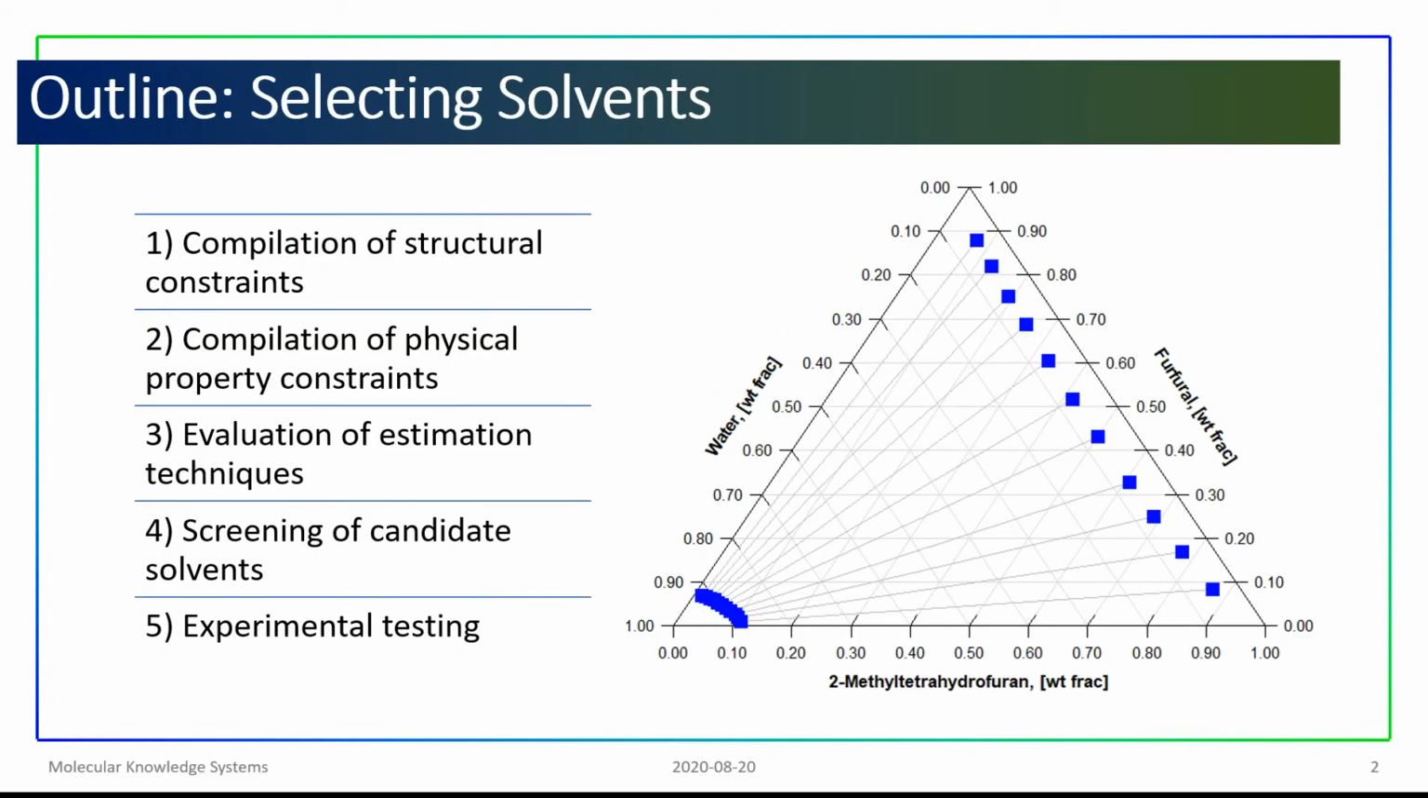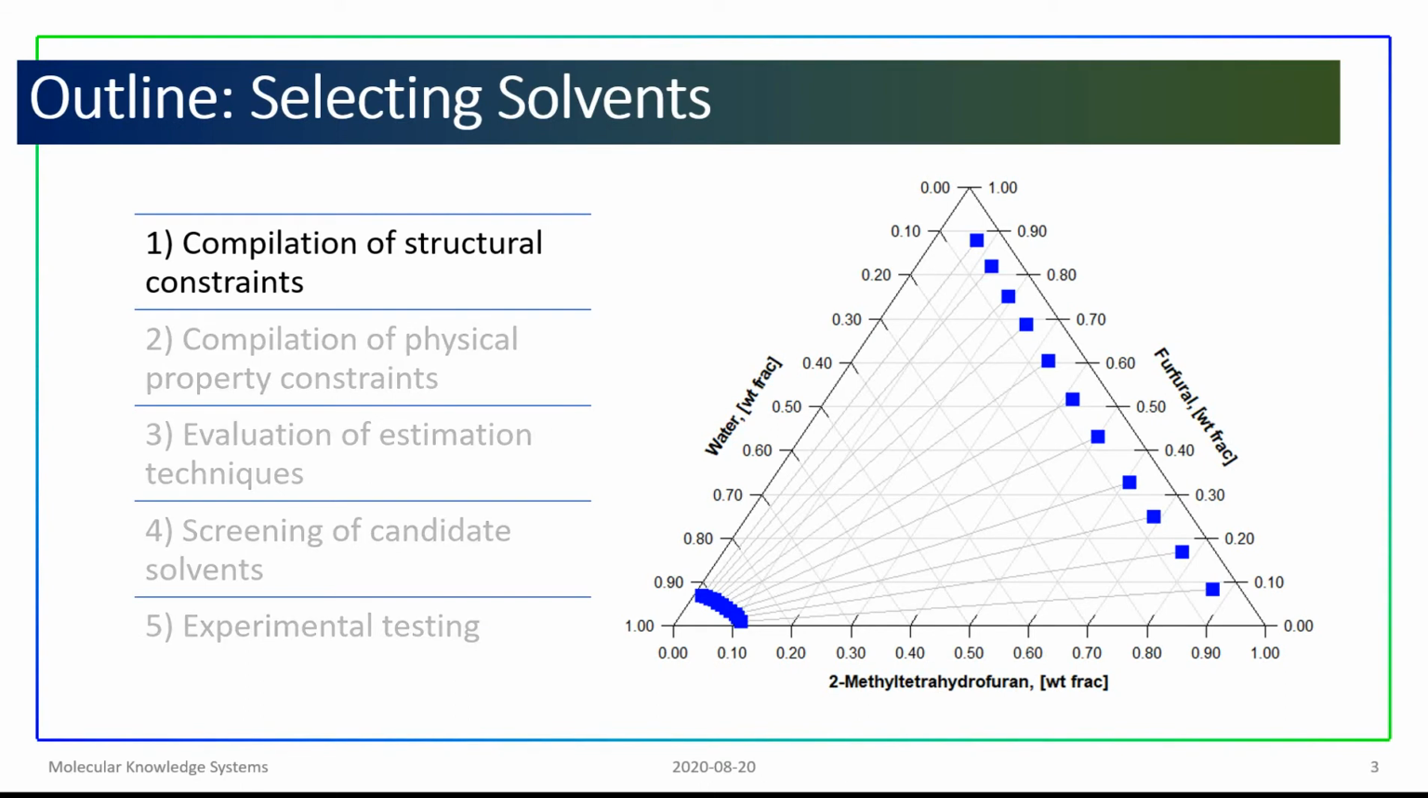Now, my presentation will cover most of the main aspects of selecting solvents: compilation of structural constraints, molecular structure constraints, compilation of physical property constraints. I will mention the evaluation of estimation techniques and the need to estimate physical properties. And we'll talk about the screening of candidate solvents. And the final step in any computational selection process is experimental verification, which I will not be talking about in